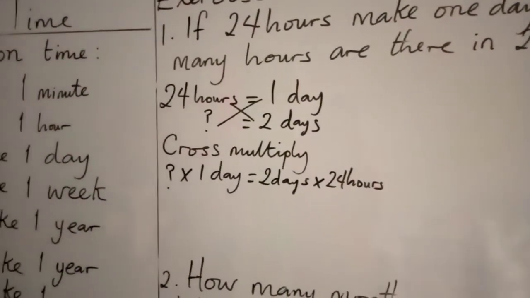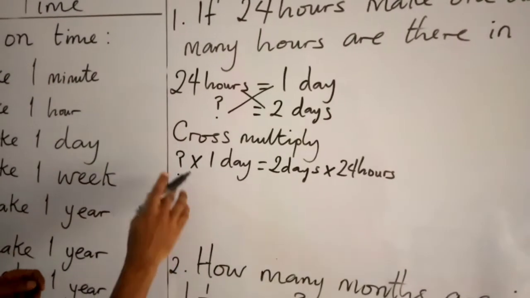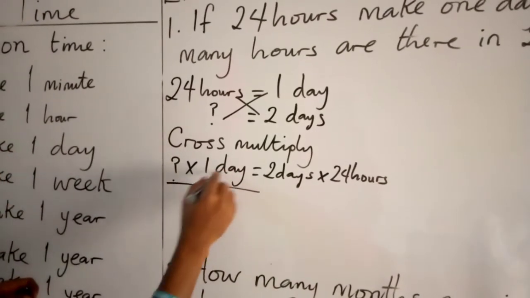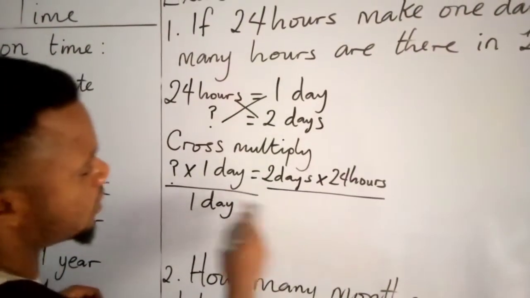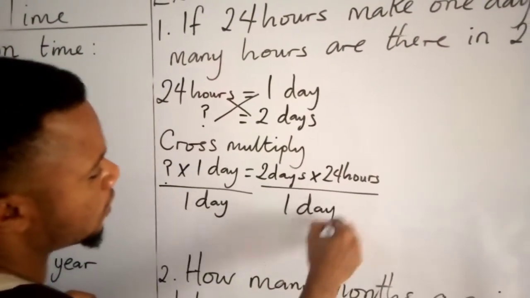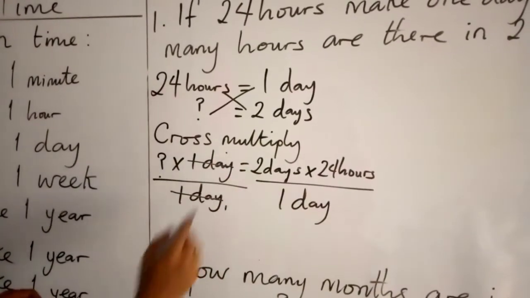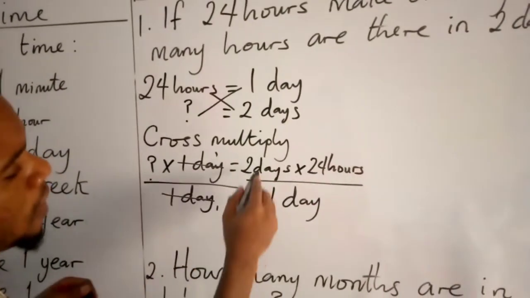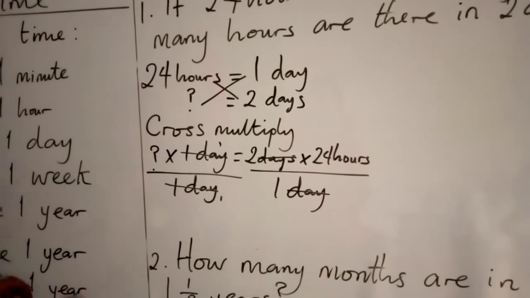Now this is what we have here. Remember what we said: whenever something is multiplying your unknown, you have to use it to divide both sides. Since I have 1 day here, we divide both sides. What you do on this side, you must do on the other side. These are identical, so they can divide each other, which gives 1. What is identical here? Day is identical. Now what we have here is what?